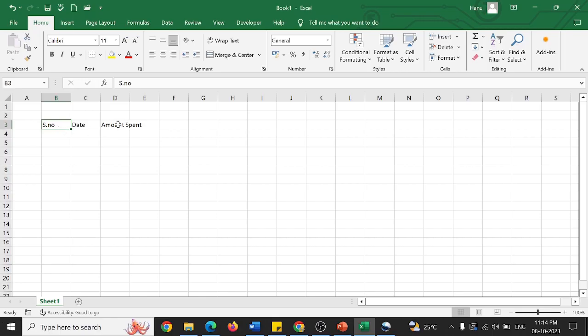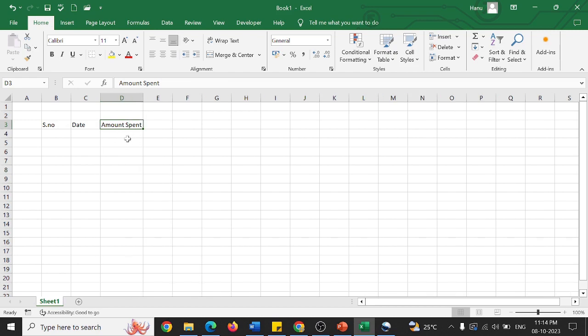Okay. Now since the text has gone out of the box, if I double click here, it sets itself in the box. And this is how a typical Excel sheet works. I can just select as many cells as I want, and if I want to make this bold, select this and click on bold. This is how it works.